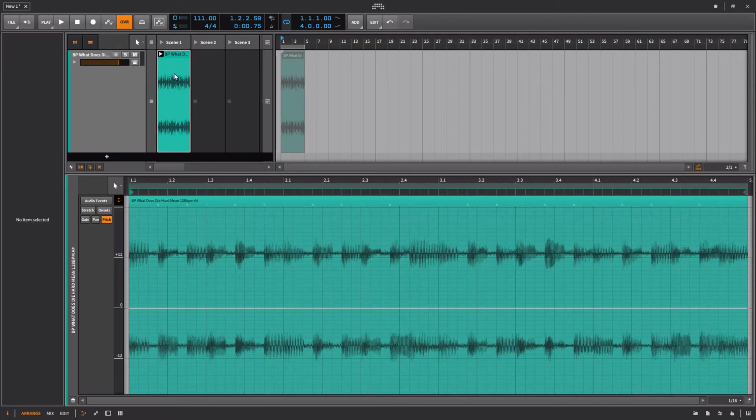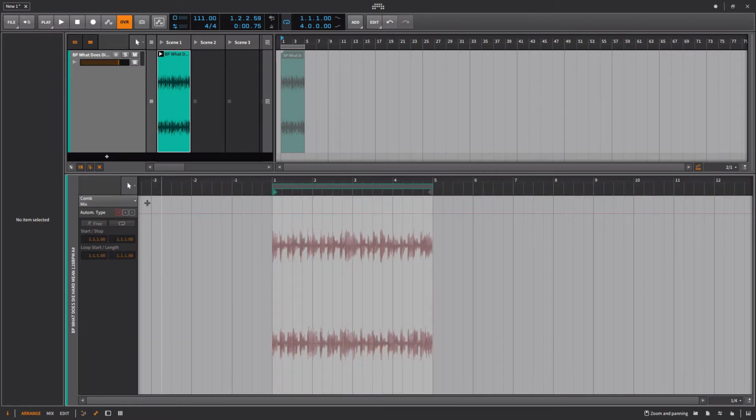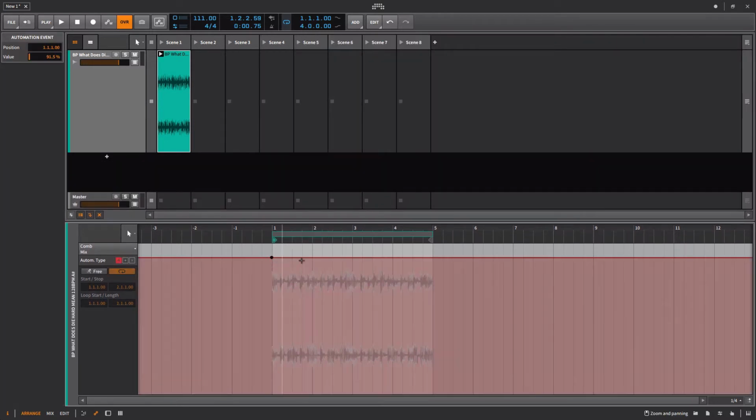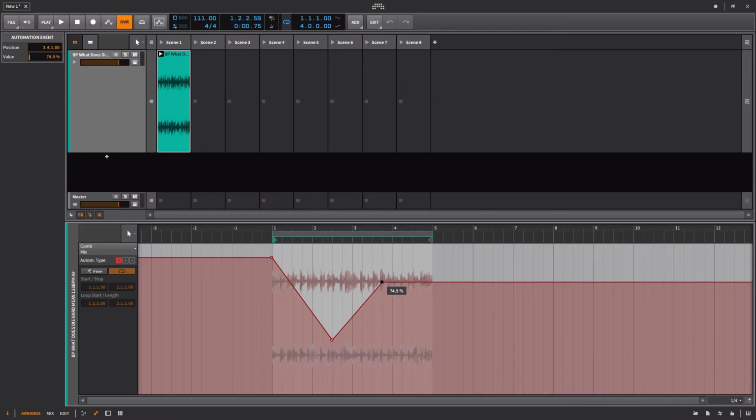What I can do is double click here. And again, this is from the clip level. If I bring up automation, you can see we have the ability to apply some clip automation to this guy. Let's just get rid of the arrangement view for the sake of it. So let's go in here and just dip this in and dip this out. And now when we listen to it,